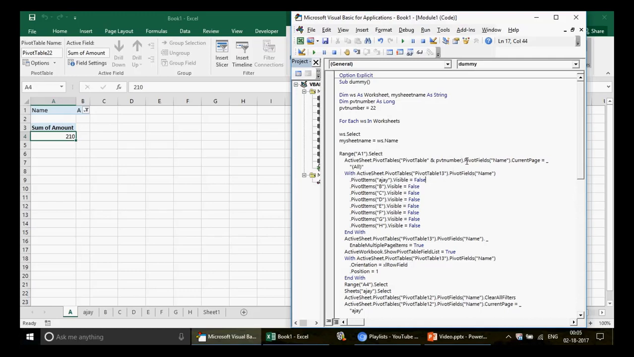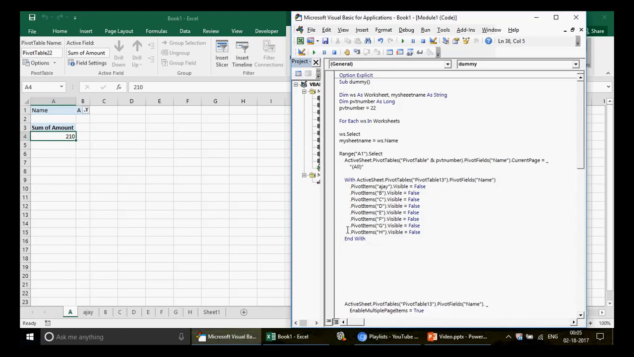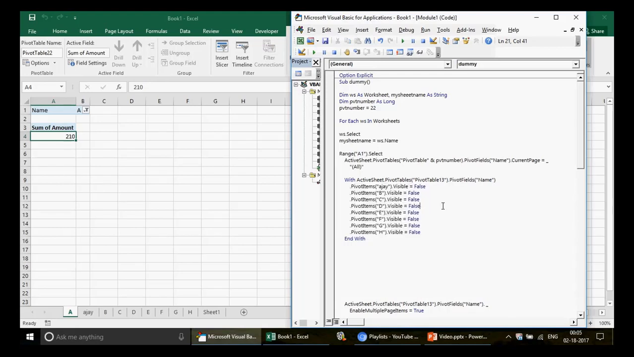Now, once the pivot number is created, this is another important point which you have to understand. Just enter this. Now in this case, if you look at this, this is a very important line. Every line, they have made it visible false. Okay, but